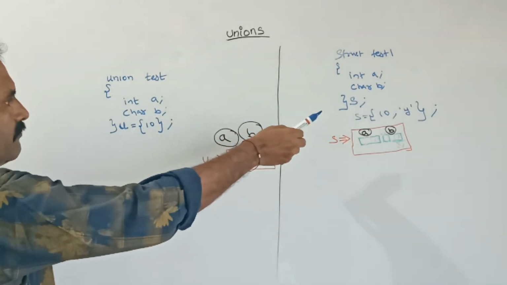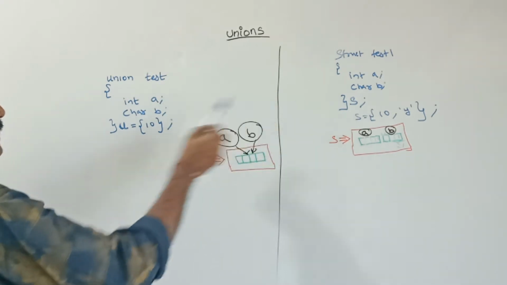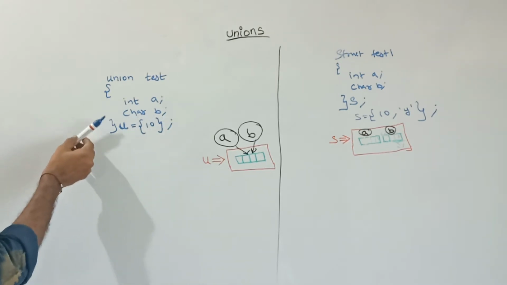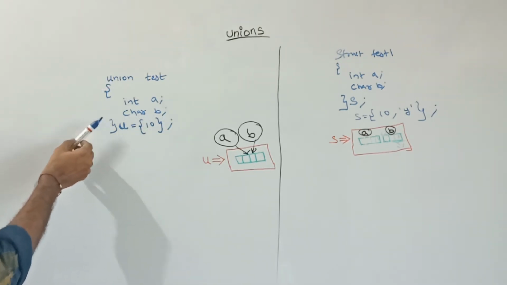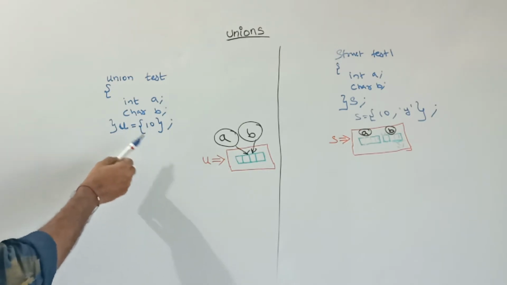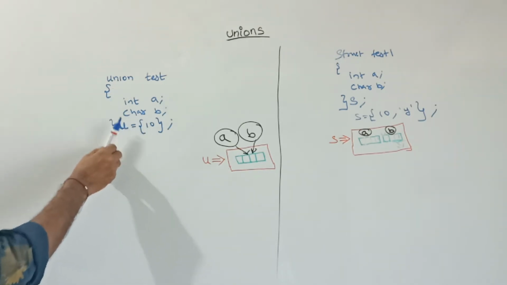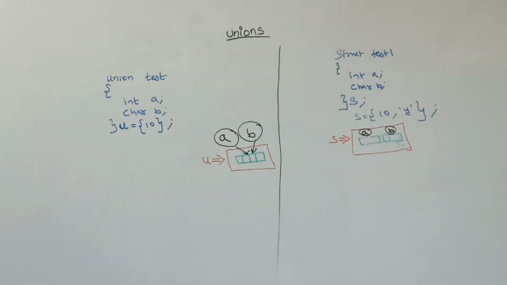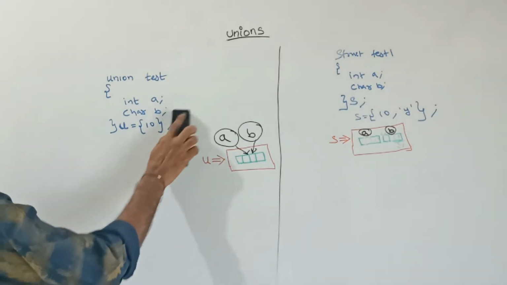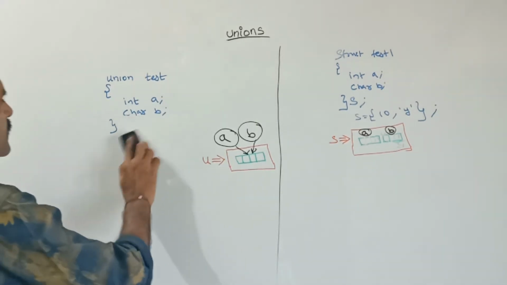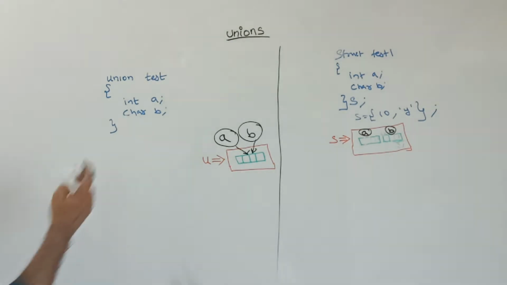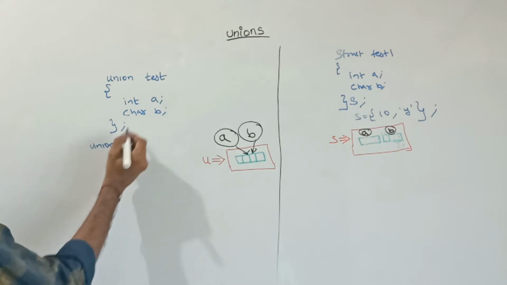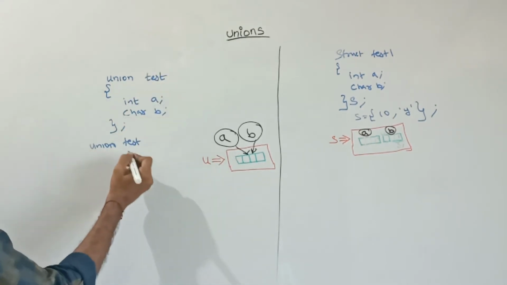See, here I had initialized the value outside of the structure. Here I had initialized the union within the union itself. Here also we can declare the union variable outside and initialize the value. Suppose I want to initialize this value outside, as with a structure, we can initialize the value outside also. Suppose I want to initialize it outside of this union, I can initialize like this. First this is the keyword, after that the union name is test.